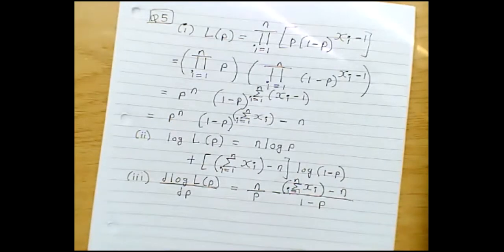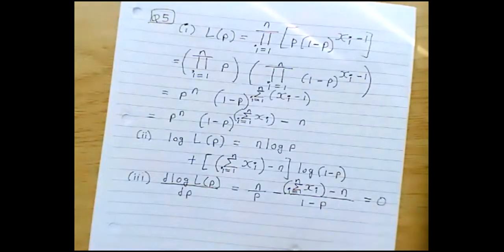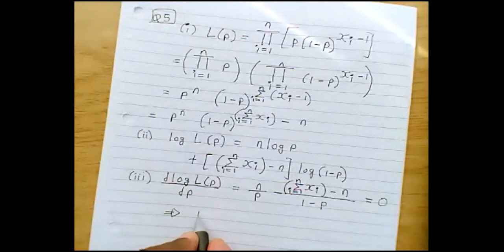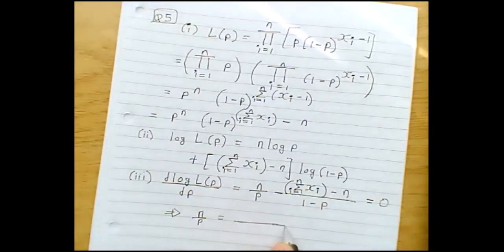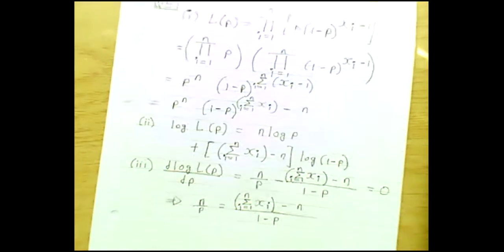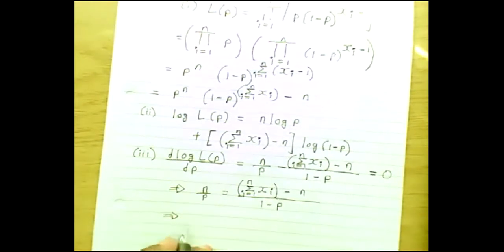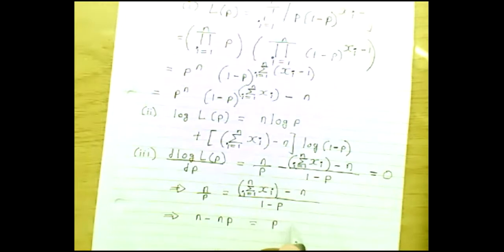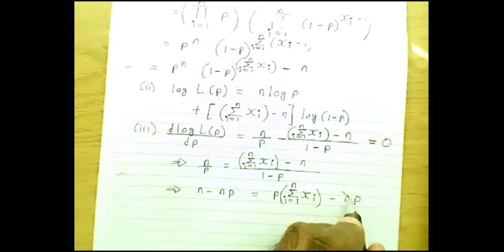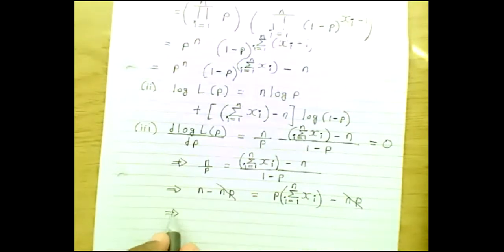Okay, guys. Now we need to solve this equation: put this equal to 0 and solve for P. So you get n over P equal to... Now cross multiplying, you get n times 1 minus P, which is this, and then you have P times this, which gives you... Now these two guys cancel out, so your solution for P, let me call it P hat,